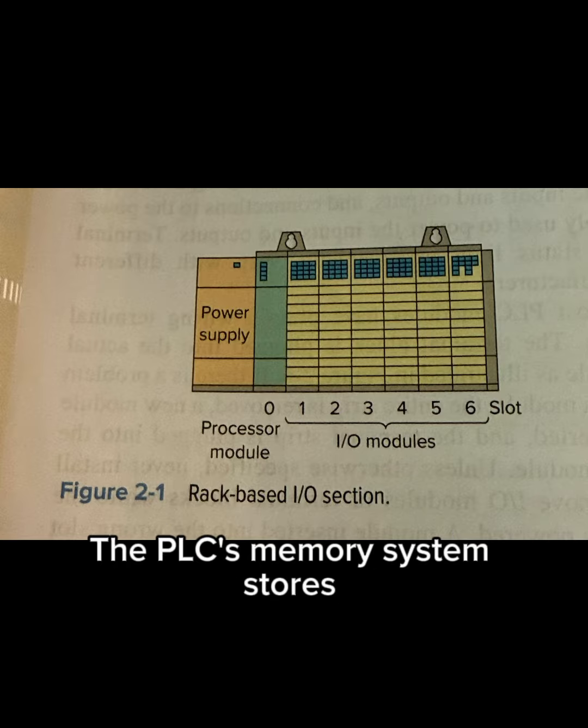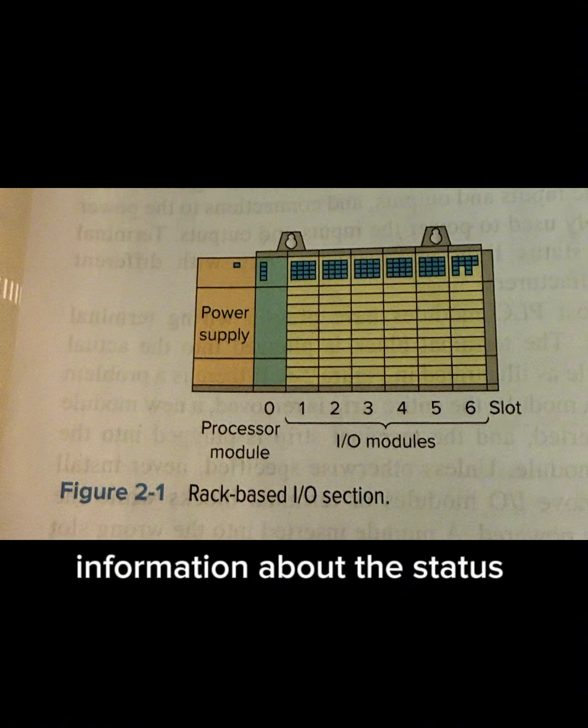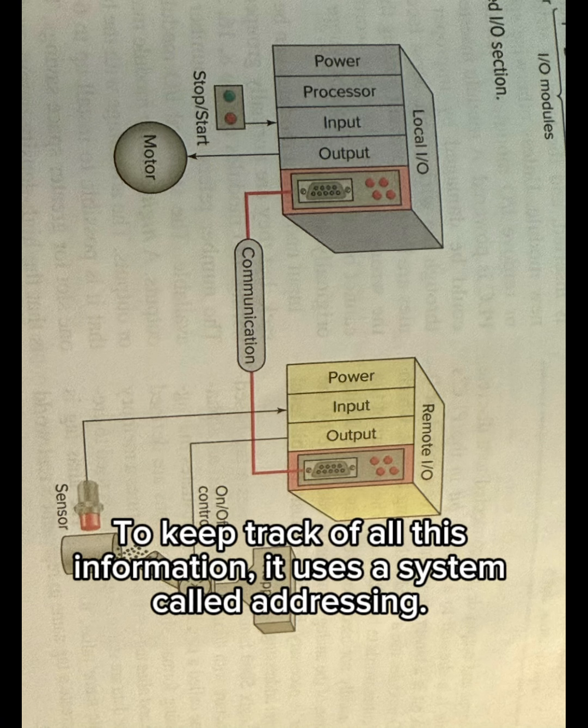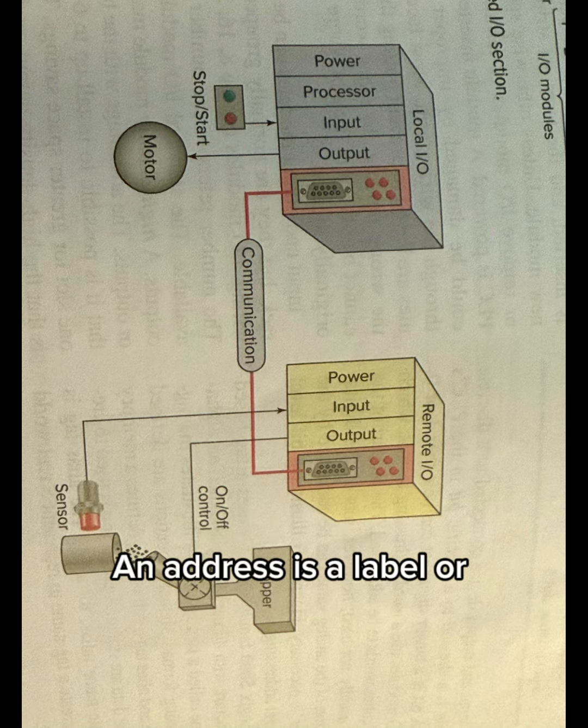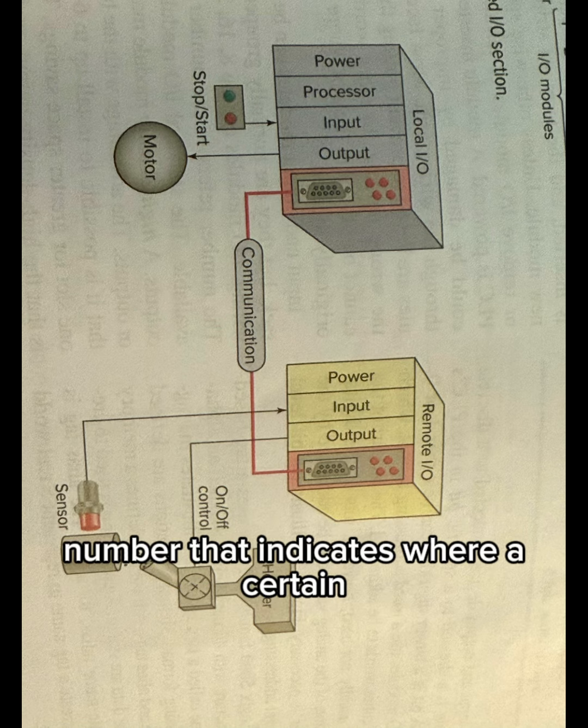The PLC's memory system stores information about the status of all the inputs and outputs. To keep track of all this information, it uses a system called addressing. An address is a label or number that indicates where a certain